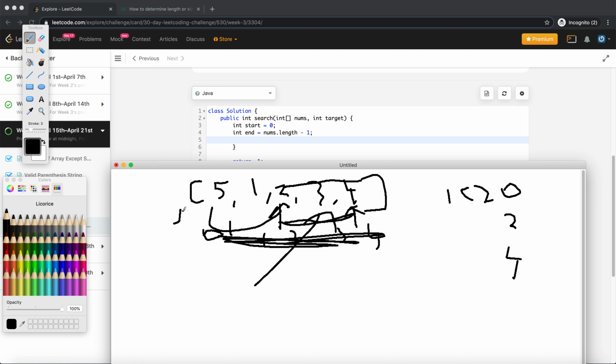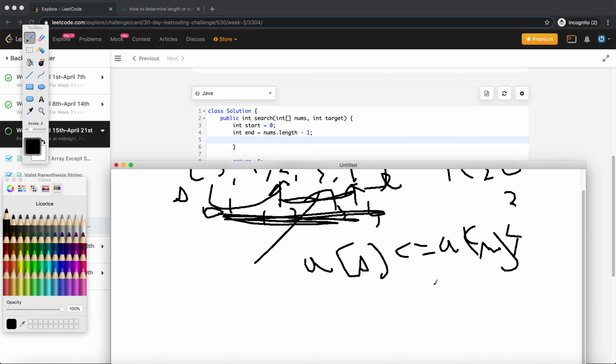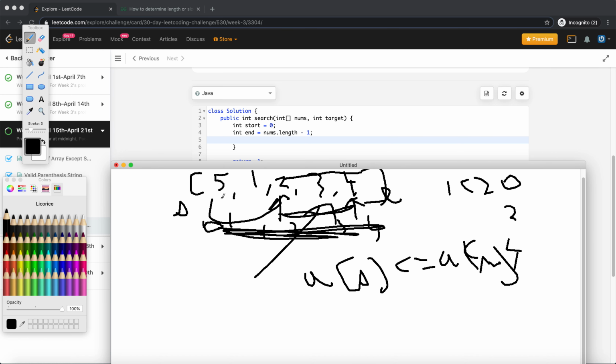So let's say this is the start, this is end, and this is mid. So a of start obviously should be less than or equal to a of mid, so we know it's in the sorted form, right? If this doesn't happen, let's say in this case it's not, because 5 is not less than or equal to mid,